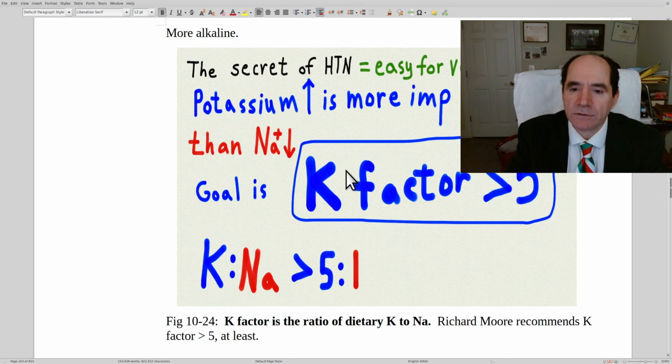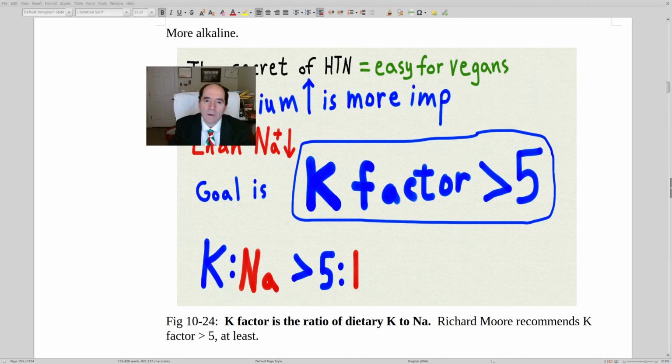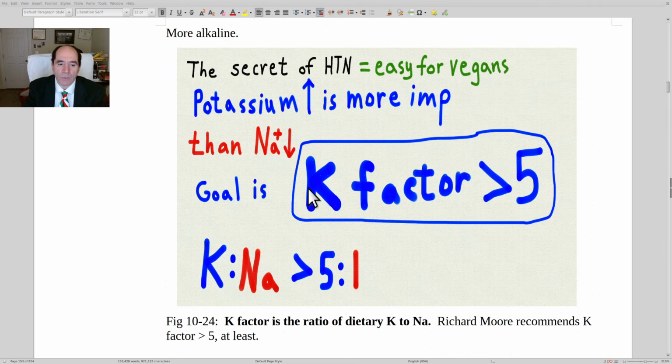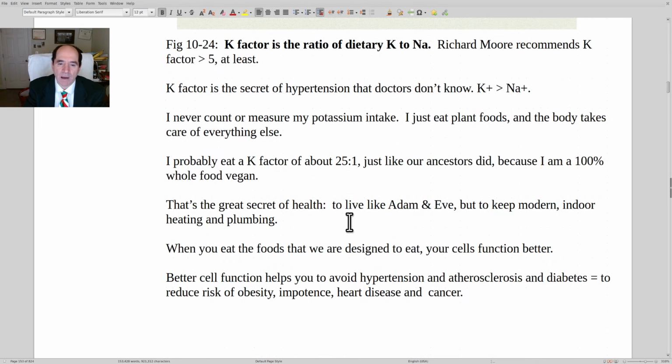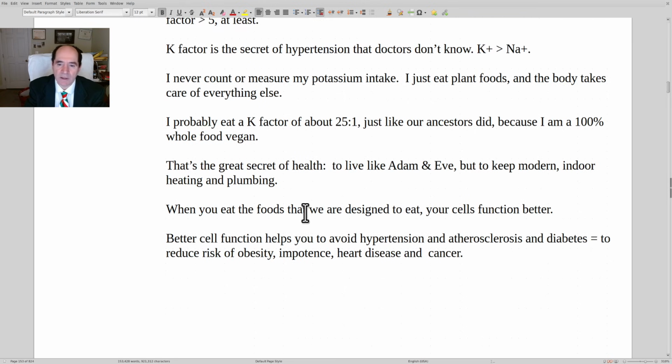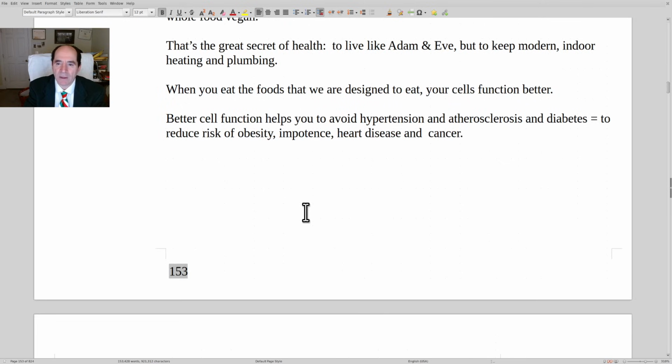Okay, now here's the great secret of hypertension. This is what Moore was saying, you want at least 5 to 1 potassium greater than sodium. And if you eat a plant diet, you'll easily get that. And then I'm going to tell you the story about hypertension in black people, which is interesting. I never count my potassium. I just eat the food and it takes care of itself. And you want to be simple. Like I said, live like Adam and Eve, but keep your indoor heating and plumbing, and you'll probably be pretty healthy. And when you avoid hypertension and atherosclerosis and diabetes, you also lower your risk of obesity, impotence, heart disease,